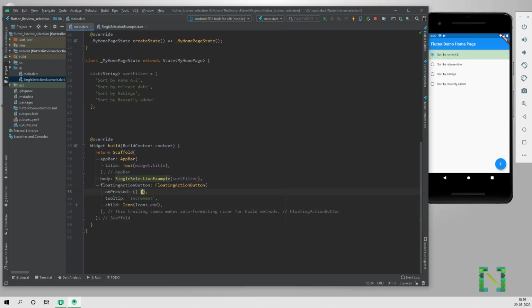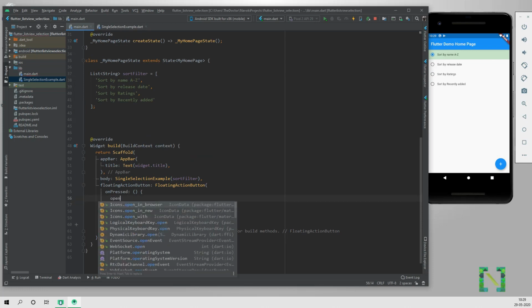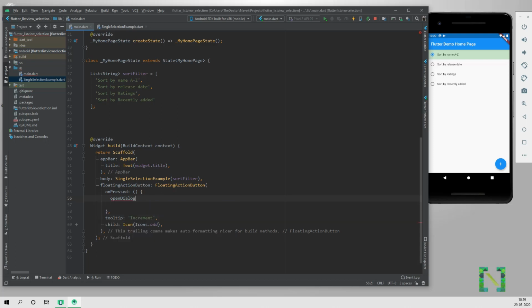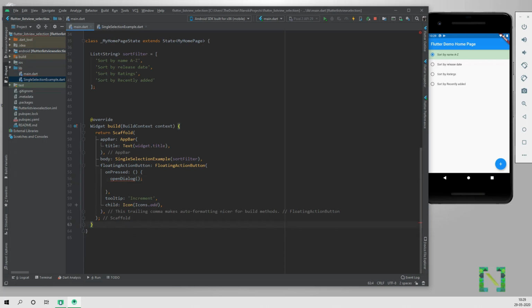Now we will work on the multiple item selection. For that, I will show that view on a dialog because normally we get asked to open a single option or multiple options on a dialog too. So the UI of single selection and multiple selection, and most of the code, will be the same with minor changes. So here let's declare a new function, that is open a dialog, where an inbuilt function will be called to show a dialog.